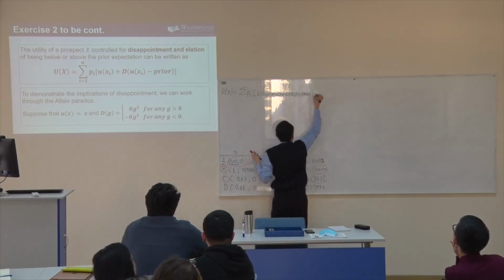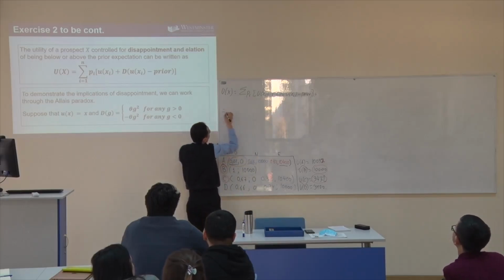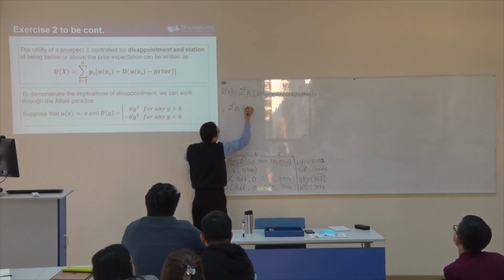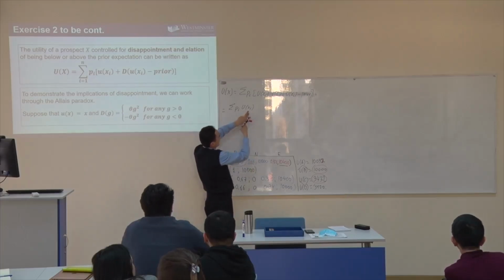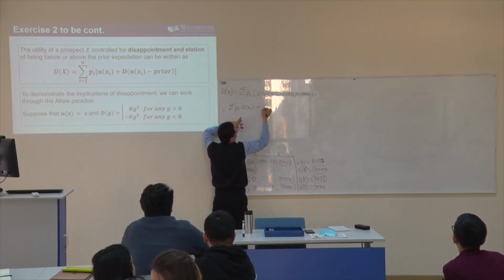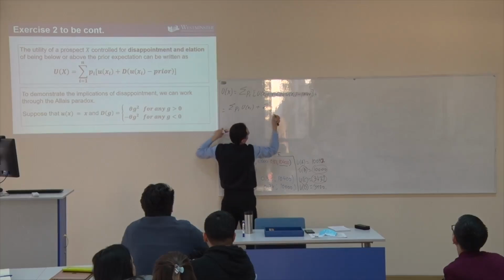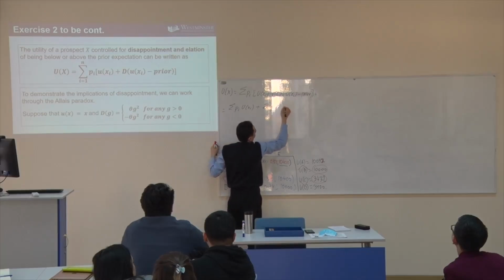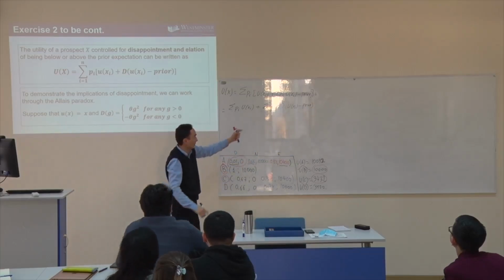So what you have to understand is this one, all right? Or I can write it like this. To make it simple, I can just divide this into two, right? Sum of probabilities times the utility of different payoffs. Can I write it like this? Plus the sum of probability, because this probability is related to both, okay? Probability times D(u(x_i) minus prior). Okay? Now I can write it like this. So I will need it.